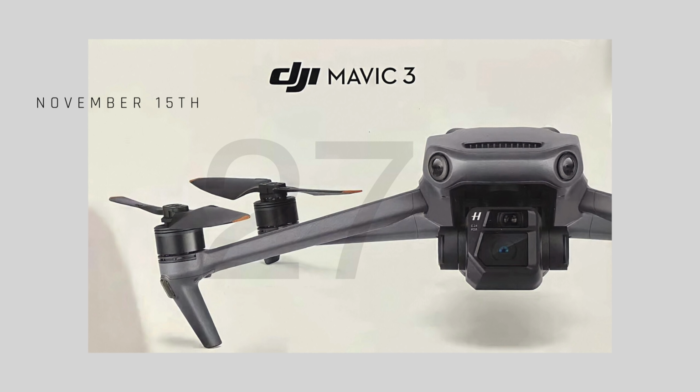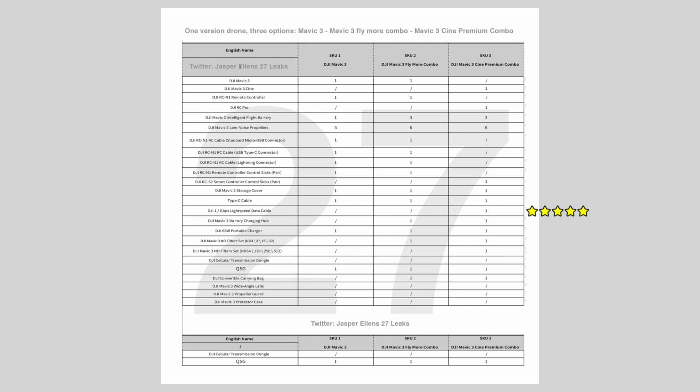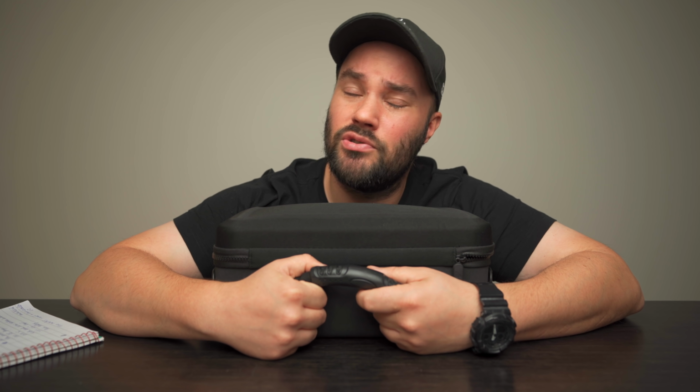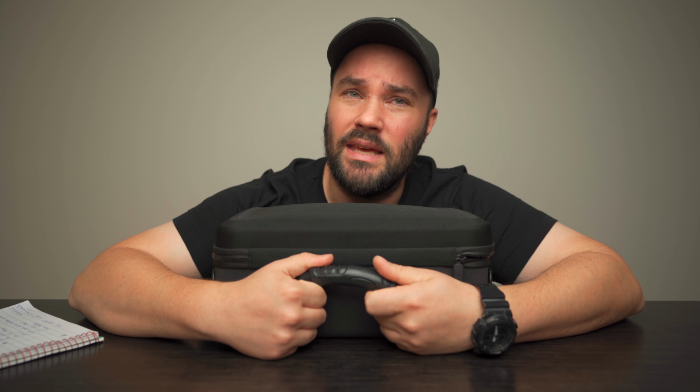Comes in two versions, the Mavic 3 and the Mavic 3 Cine. Apparently, they're both identical in terms of hardware, except for the fact that the Cine comes with a 1 TB disk and a super high-speed data cable that you can transfer really quickly from. But the price is